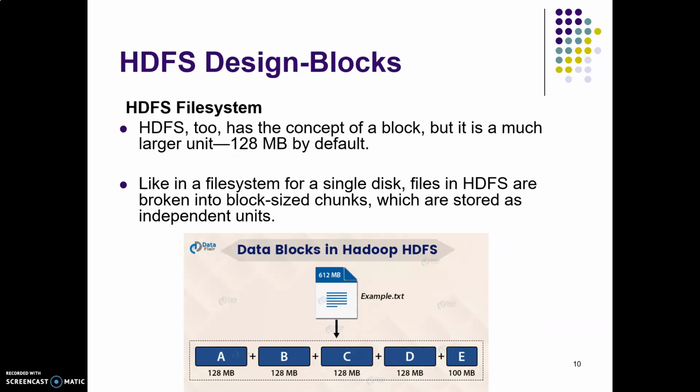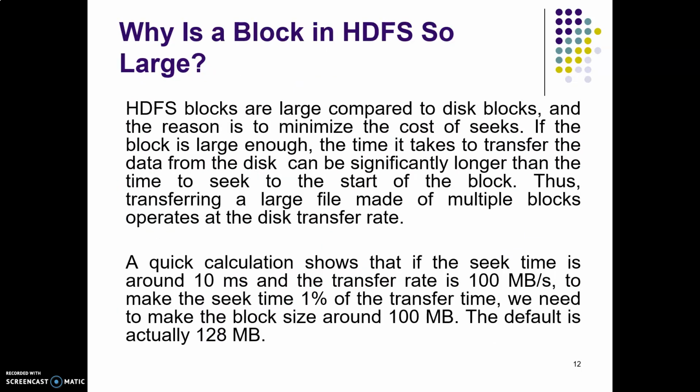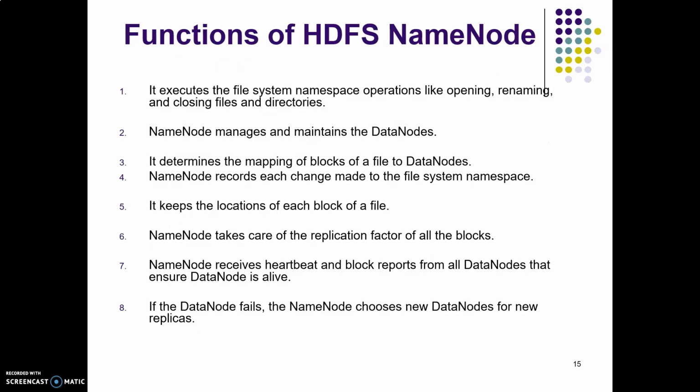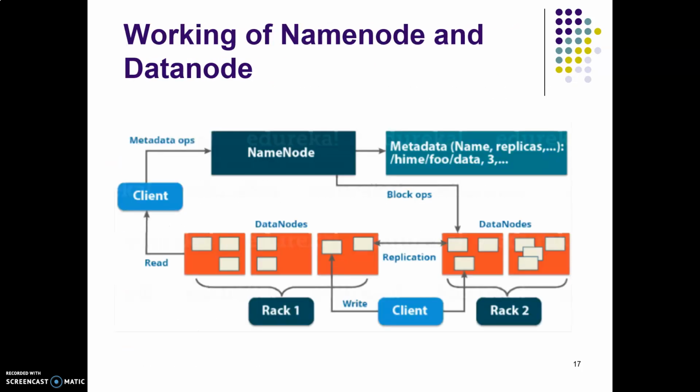Now let us see how exactly these things function when we are working with the name nodes. We have already discussed the name node, so let us have a quick recap. We have a name node here, and the client makes a request for reading. Then he makes use of a name node, where we have the address for the group of clusters.